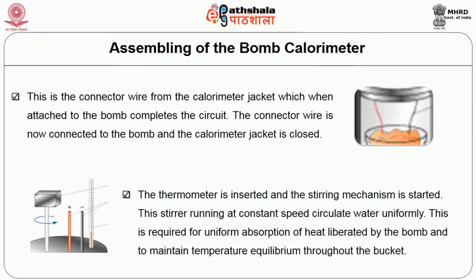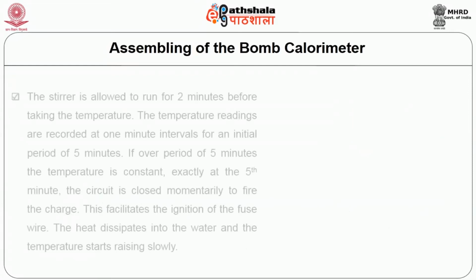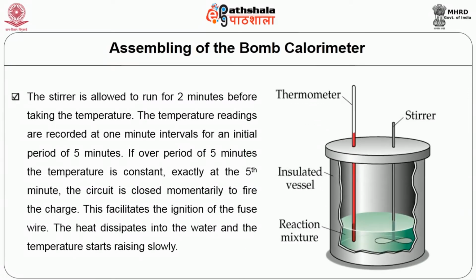This stirrer running at constant speed circulates water uniformly. This is required for uniform absorption of heat liberated by the bomb and to maintain temperature equilibrium throughout the bucket. The stirrer is allowed to run for 2 minutes before taking the temperature. The temperature readings are recorded at 1 minute intervals for an initial period of 5 minutes. If over the period of 5 minutes the temperature is constant, exactly at the 5th minute the circuit is closed